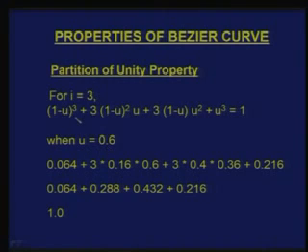So (1 minus u) cube would be (1 minus 0.6), which is 0.4, cubed, as shown here, plus 3 times (1 minus u) square into u, as shown here, plus 3, the binomial coefficient, multiplied by (1 minus u) into u square, as shown here, plus u cube, which is nothing but the cube of 0.6. Now if I add all these 4 terms, the value is equal to 1. So this property is usually called the partition of unity property. This is true for other